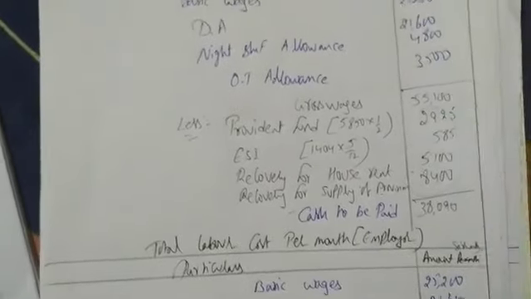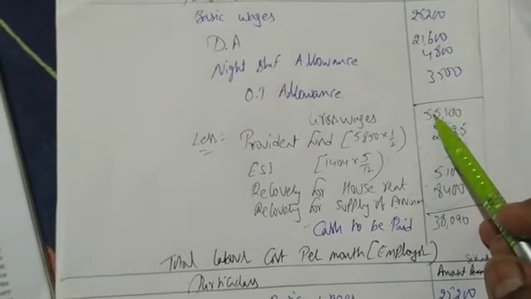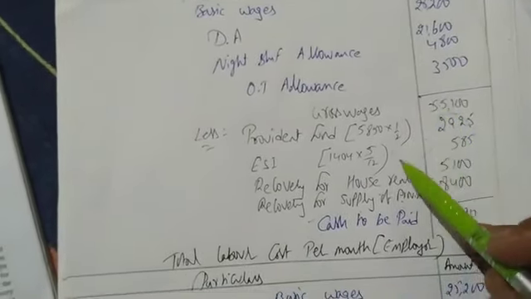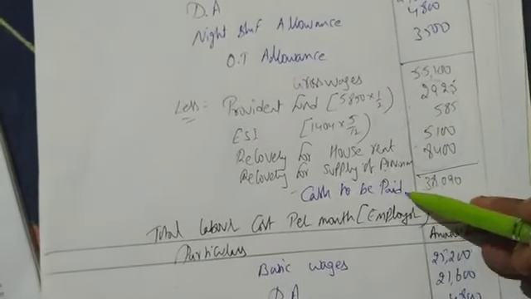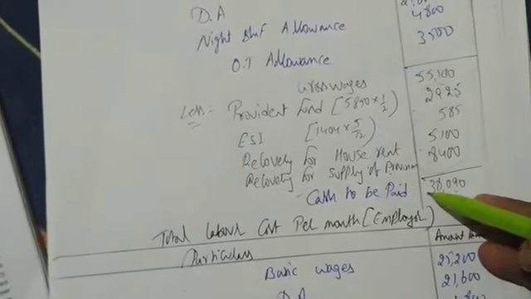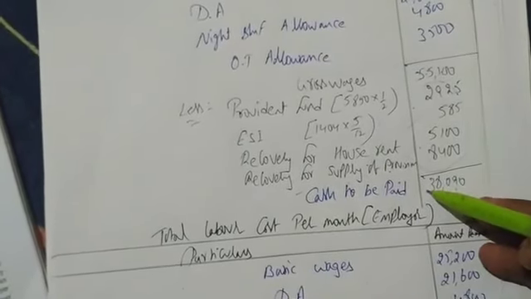So what he has to receive from the employer is 55,100. From that, all this contribution you deduct. You will get 38,090 rupees cash to be paid by the employer to the employee. This amount will be paid by the employer to the workers. Okay,